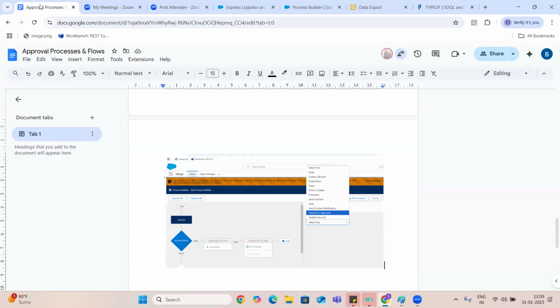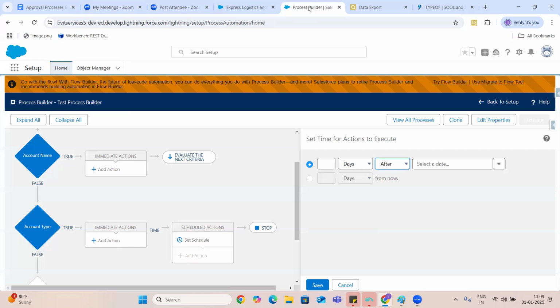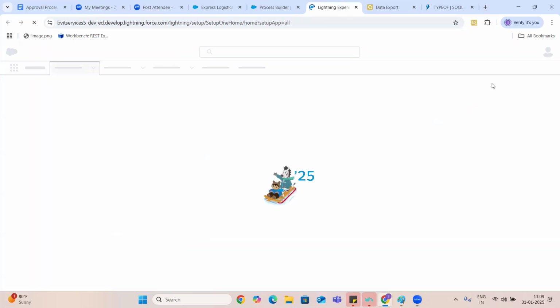You can just try to go through your validation rules, guys. Go to setup and just see, sorry, not validation rules, workflow rules.